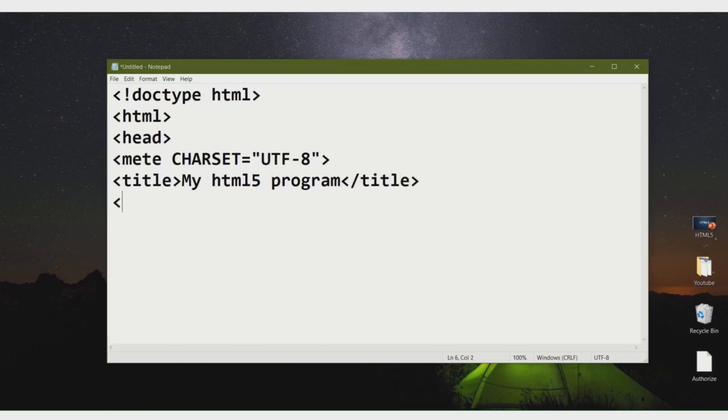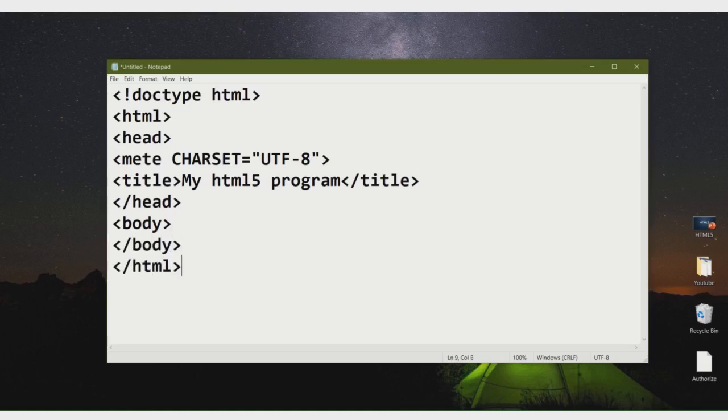Then head close, and then body, body tag close, and then HTML also closed.